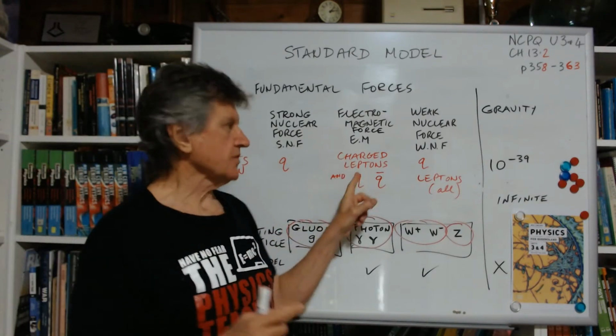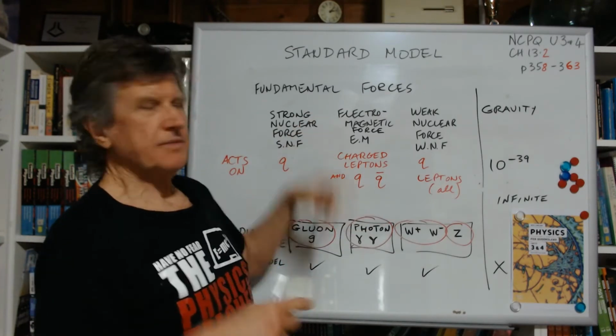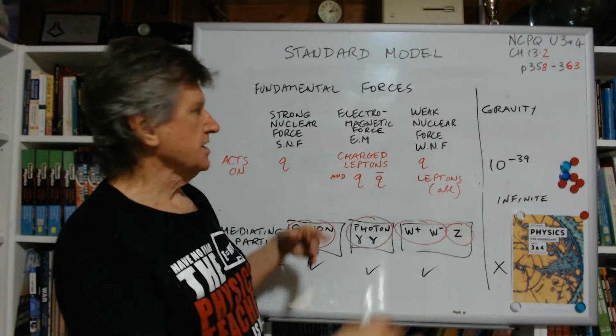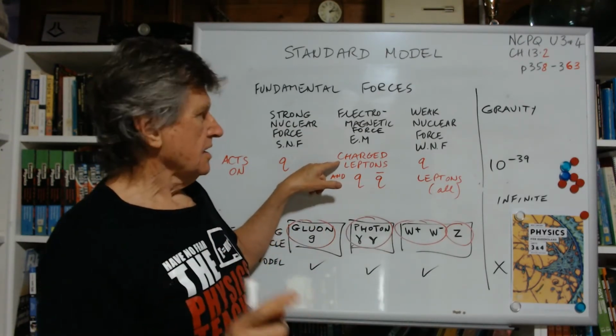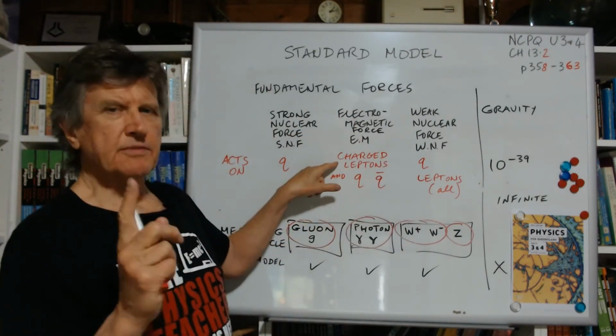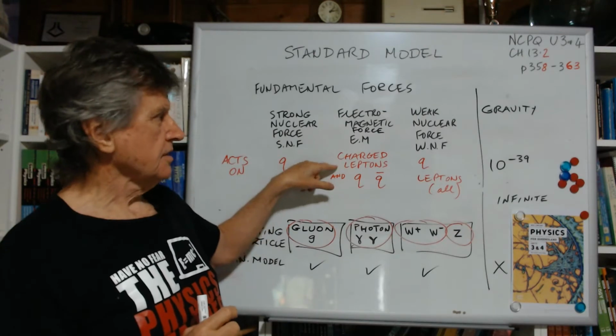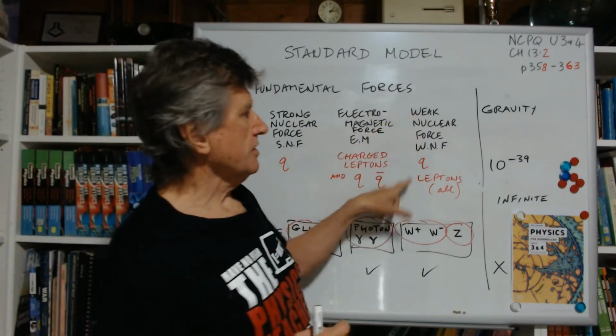This is where they'll try and trap you with a multi-choice question, which will say the electromagnetic force acts on, and it'll give you a list, and one will be leptons, hoping to trap you into thinking, oh yeah, leptons, electrons, they're charged. But remember, it's not the neutrinos, they're not affected by the electromagnetic force. Weak nuclear force, both,